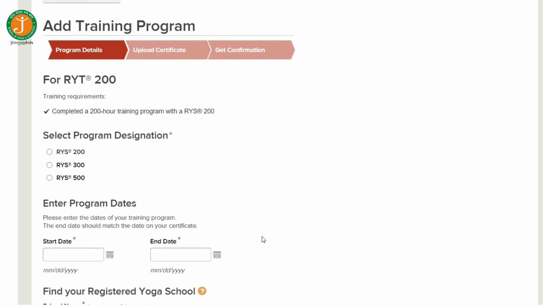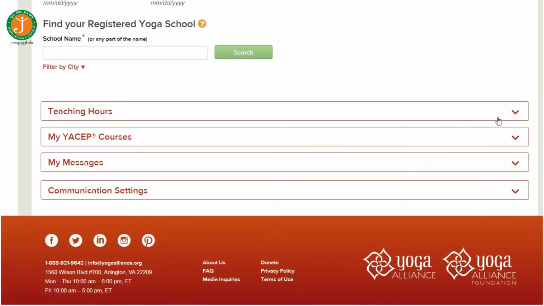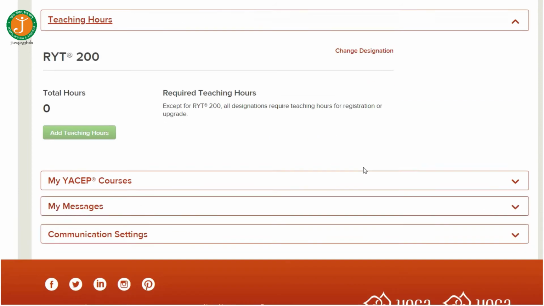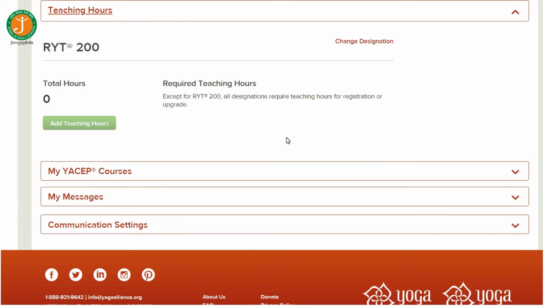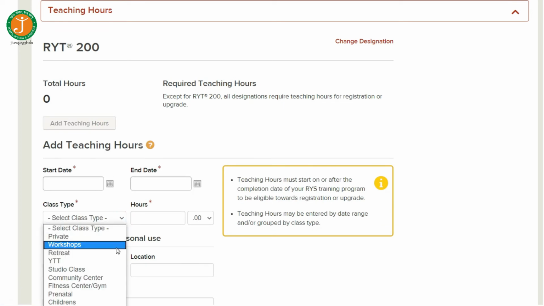Now as you scroll down, you will find the teaching hours tab. This one is basically to keep your teaching record data. You just have to fill in your teaching classes, like hours, the other basic details, class types, start date, end date, and that's it.